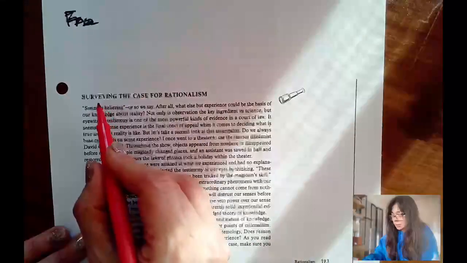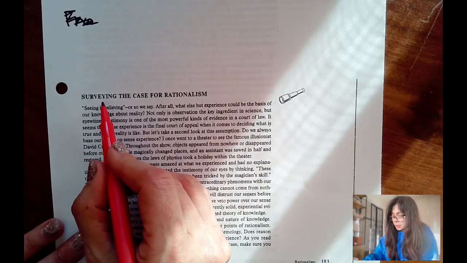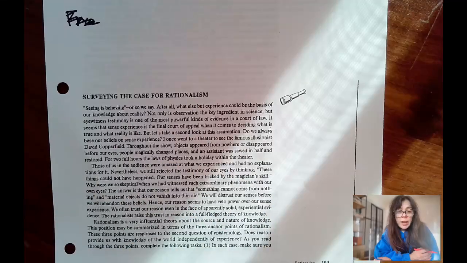As you can see, the beginning of this section of chapter 3, 3.2, is Surveying the Case for Rationalism, and this part comes after the leading questions for rationalism. So this lesson does presuppose that you completed the outline as directed in the video that went with the outline document that you were to complete prior to this. In this part of this module, we are going to get some basic facts about rationalism that you should be able to understand, in virtue of us already having gone over the core concept for knowledge that we're working with, which is defined as what?